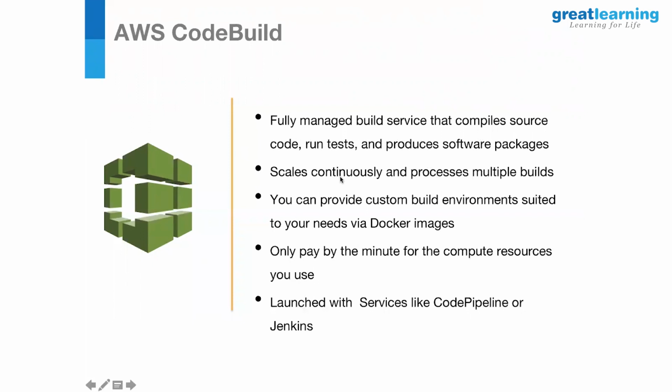AWS CodeBuild eliminates the need to provision, manage, and scale your own build service. It scales automatically to meet peak build requests, and you pay only for the number of build minutes you consume. It basically provides pre-packaged build environments for most popular programming languages like .NET Core, Python, Ruby, Java, Golang, PHP, Node.js, all that. The important thing to note here is you have the build environment for .NET Core, but not .NET Framework yet. That is the subtle thing you have to note.